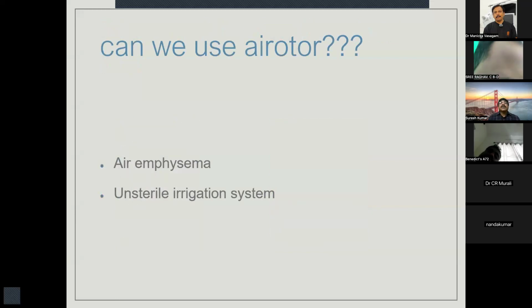Okay, so we are not supposed to use aerotor to remove impacted or broken tooth in our clinical practice when you do a surgery because of air emphysema. The aerotor has got compressed air coming out through the aerotor handpiece, isn't it? So you have already raised a flap. So this compressed air, at the same high speed, can enter the tissue planes causing air emphysema. That has happened in a few situations.